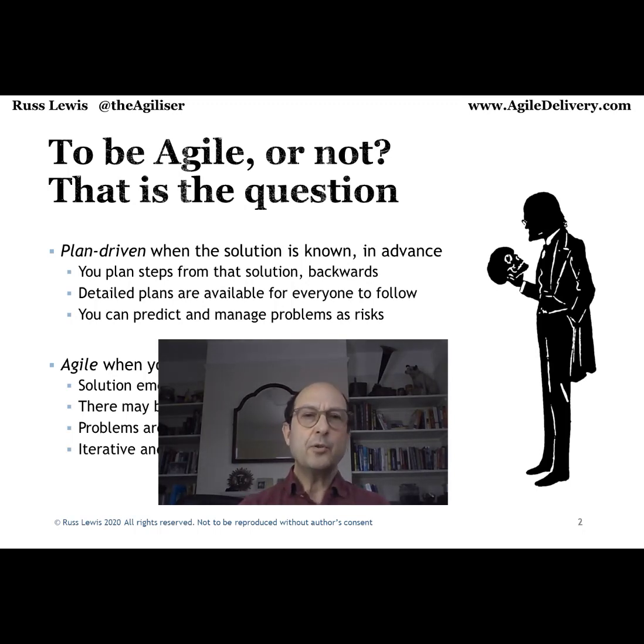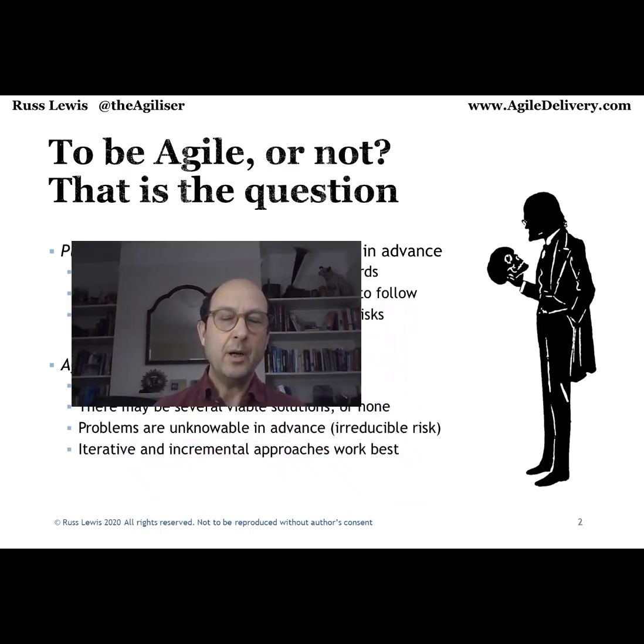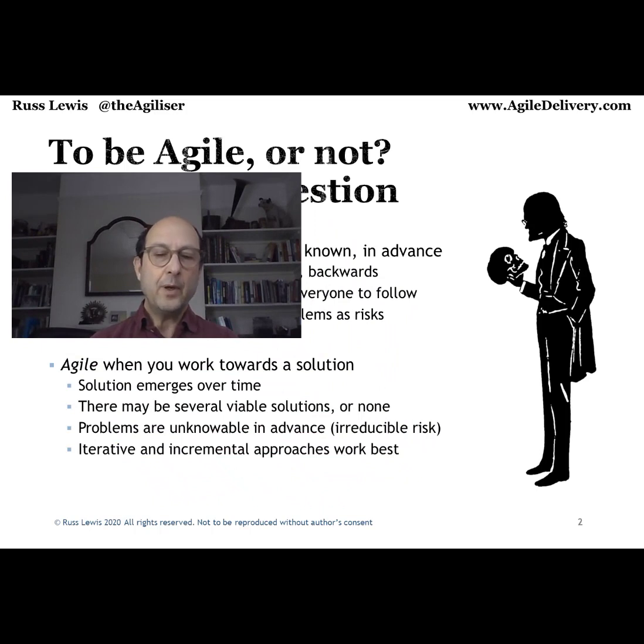This is a type of situation or a problem whereby the way that we reach the solution is very well controlled, or is best controlled really, through a detailed plan. Where Agile might be the best approach is when you're working towards a solution where that solution itself is not known in advance. Now, typically this is something that is unique. In the type of solutions where Agile is appropriate, the discovery of that solution is typically incrementally produced.